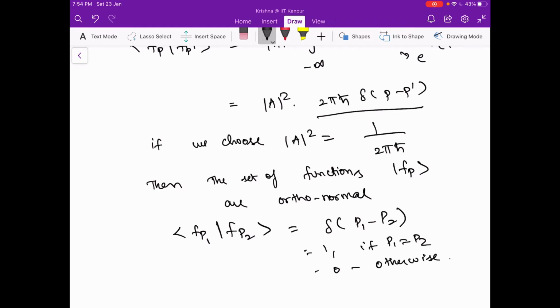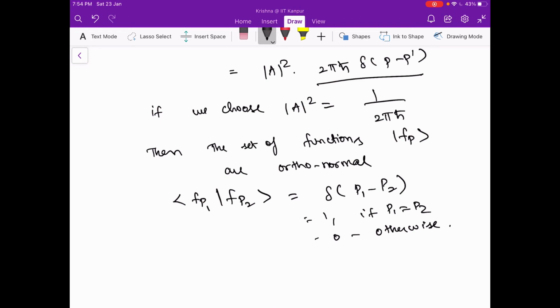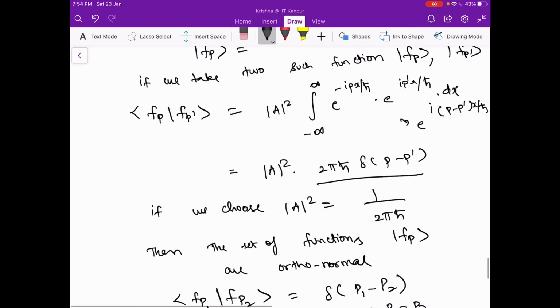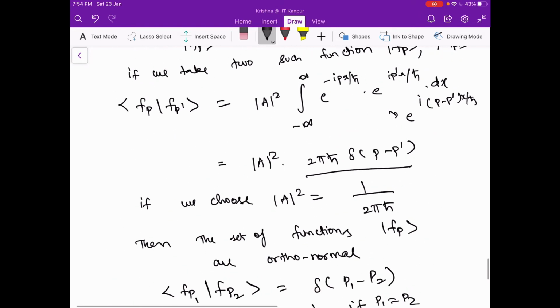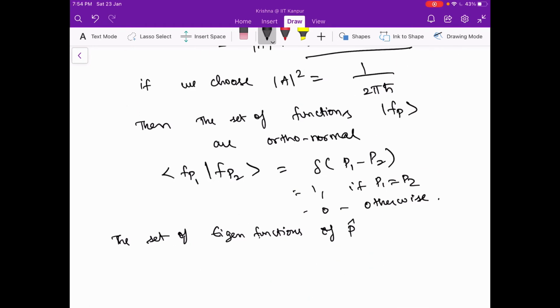So basically this means that the set of functions which are eigenfunctions of an operator are all orthogonal. The set of eigenfunctions of p, not any operator by the way, because we chose an operator of this sort, the eigenfunctions of p are orthonormal. Okay,